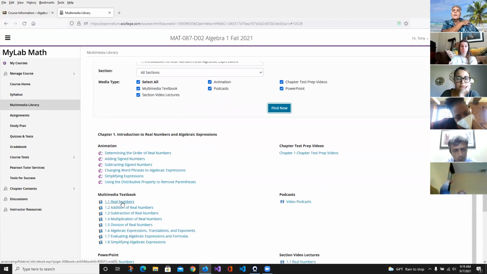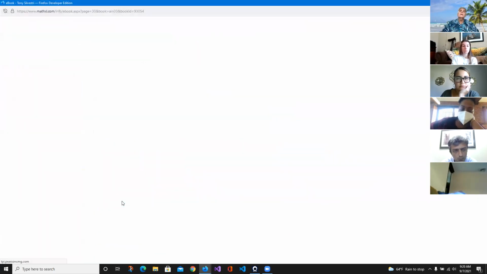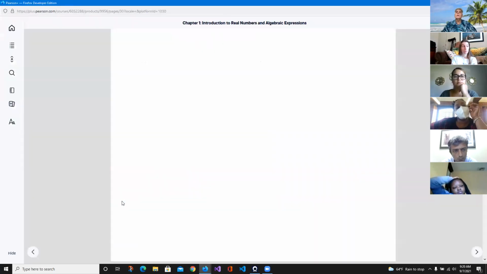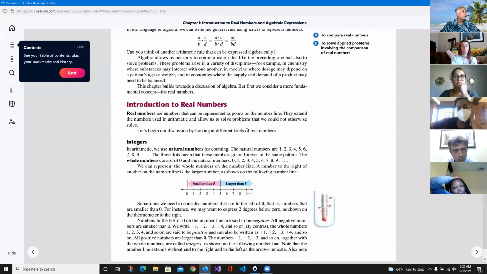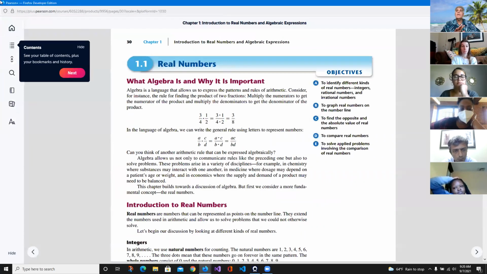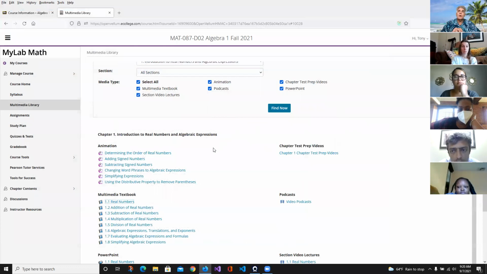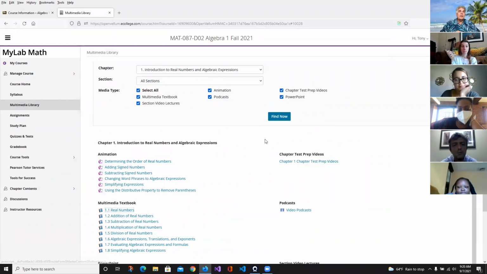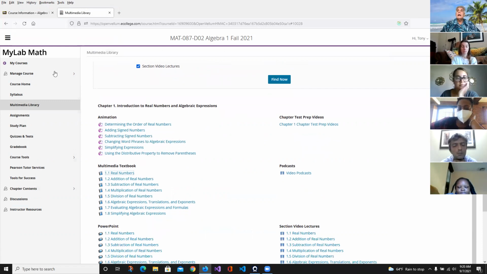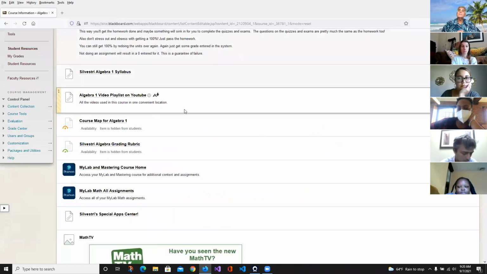There's all sorts of stuff. Like if you want the textbook, right there, if you want to read about math, come on, baby. Do it. Okay, there's your textbook right there, if you want to go ahead and read it. So everything is online, that's why textbooks are gone. Paper is passé. You're never going to see paper much anymore. I don't think I've bought a book in the last 7 or 8 years. It's all online PDFs, and this is what you've got. So how did I get there?